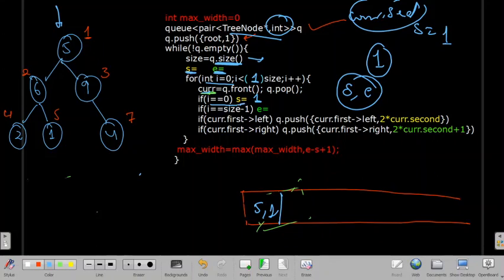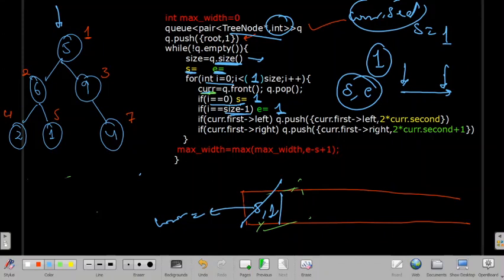And I'll also see if my I is equals to size minus 1, that is the last index. At this level, this is my first index, and I will see if this is the last index. Because we have only one index here, the end index is also 1. We have popped it because in current we are storing this value.